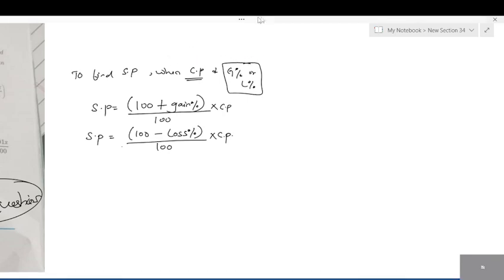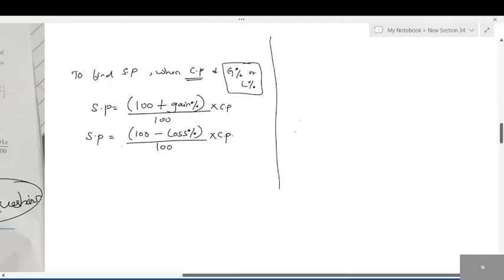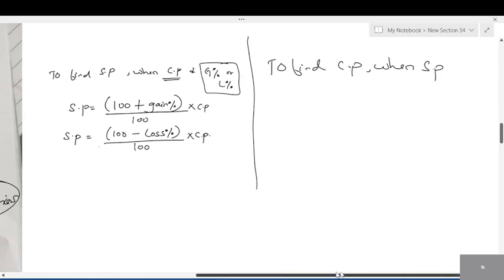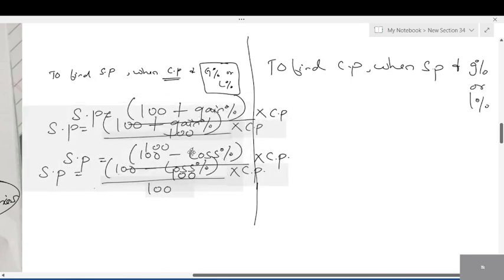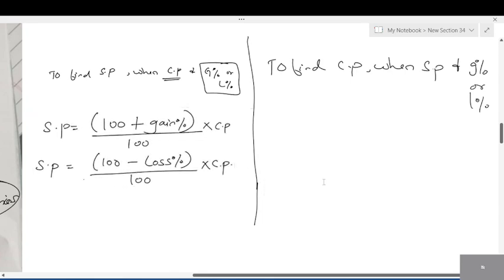Make a note of these two, right? Like this to find selling price. Next, to find cost price when